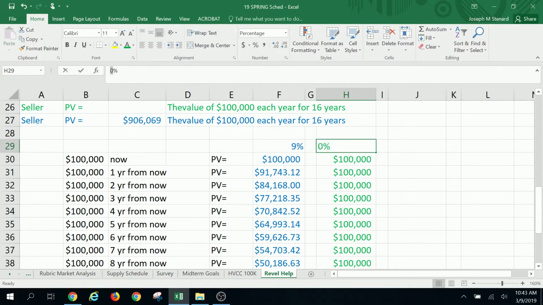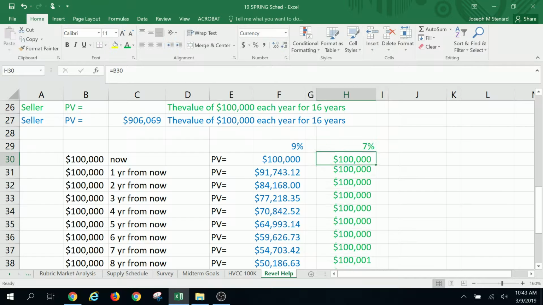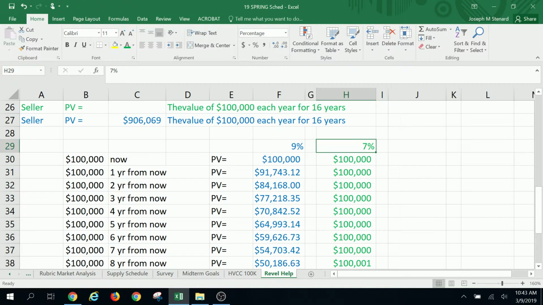For that, we'll change the interest rate to something that is less than 9, maybe 7%. If they think the best alternative for their money is 7%, or they currently have it in some sort of bond that's earning like 5.5%, well, in that case, then we've got a situation where